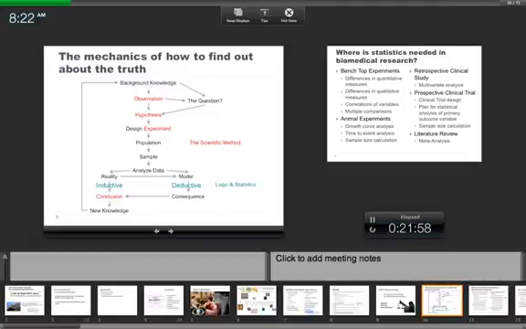Then how do logic and statistics fit in between? So this is where it comes about. When you design the experiment, you have a test population or target population. From that population, you take your sample. From your sample, you do your experiment, whatever the experimental variable is going to be based on your design. And then you obtain your data. Then you analyze your data. And then from your data,